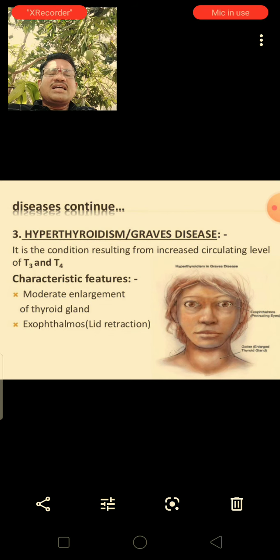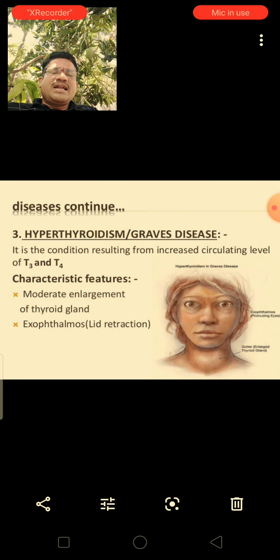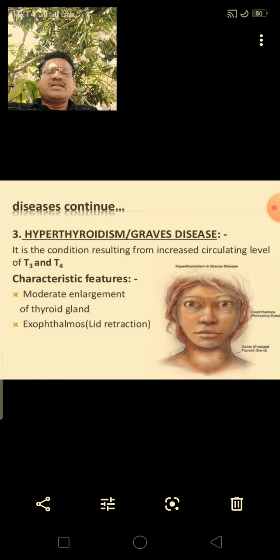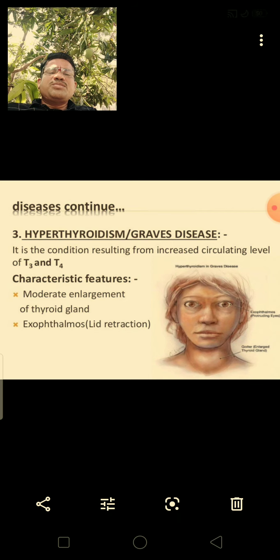What are the characters? On the right side, the diagram shows the abnormal features in the face. First, enlargement of the thyroid gland at the neck or throat region, and exophthalmos, lid retraction. Exo means outside, ophthalmology means the study of the eyes, and goiter is an abnormality caused by excess thyroxine hormone. Enlargement of the eyes, that is